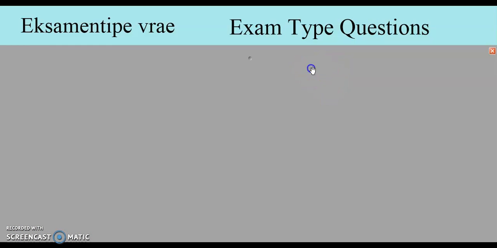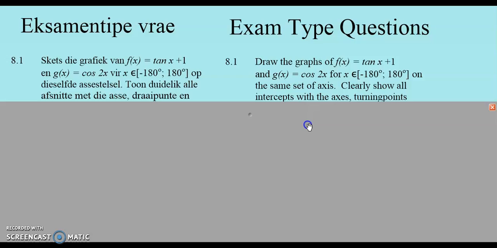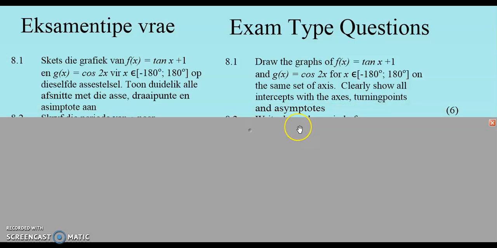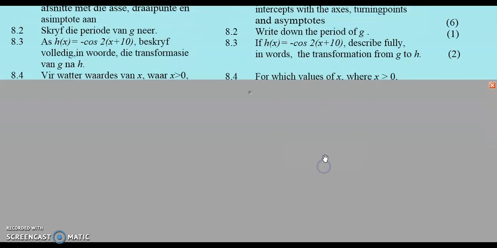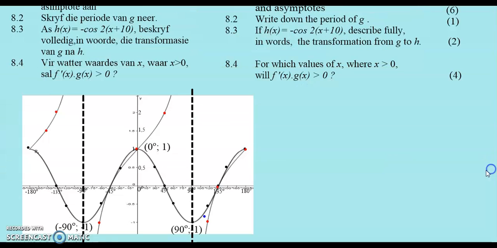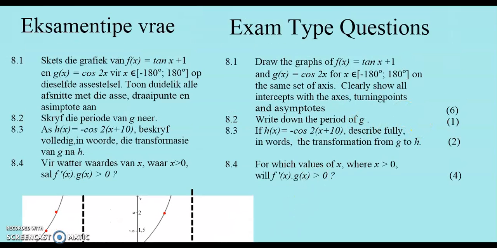This question I found amongst the functions, and it came across as: draw the graph of tan of x plus 1 and cos of 2x, which is quite elementary and was easy for most learners to do. So I quickly show the graphs, plotted the coordinates that we got on the calculator. We actually drew the graph, shown the asymptotes, shown the turning points, indicated the values where it crosses over the x-axis as well as the y-axis. But the question I want to focus on